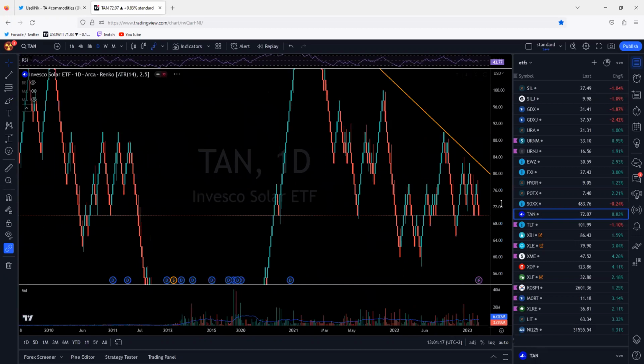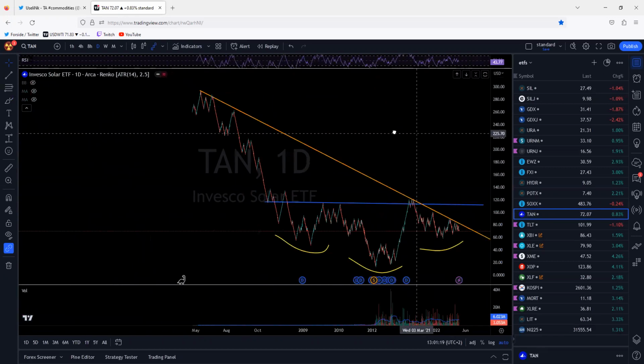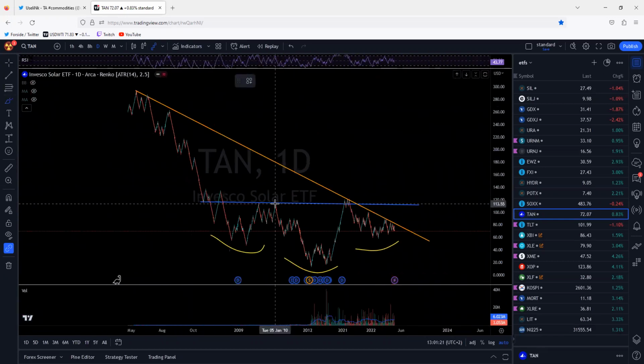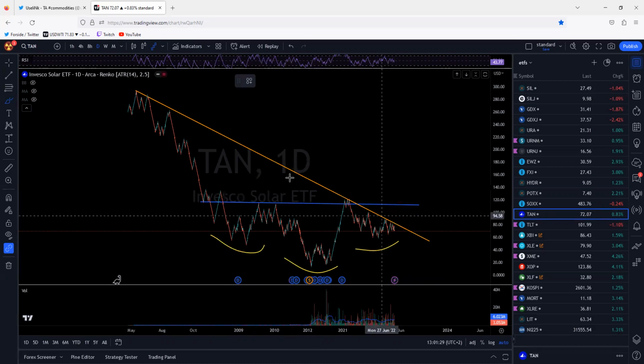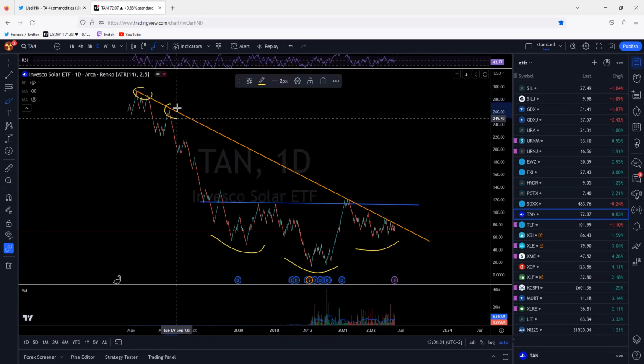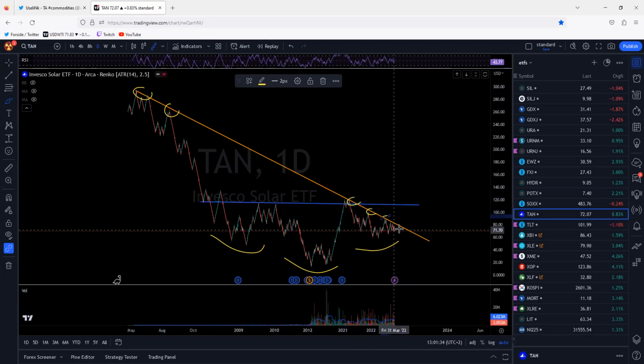TAN, the solar ETF. Whoop, whoop. Let me zoom out here. To me, looking at the Renko, we have the neckline here at around 110 more or less, and we have the left shoulder, right shoulder, and the head. And I think once we break this trend line coming down here all the way, whoop,